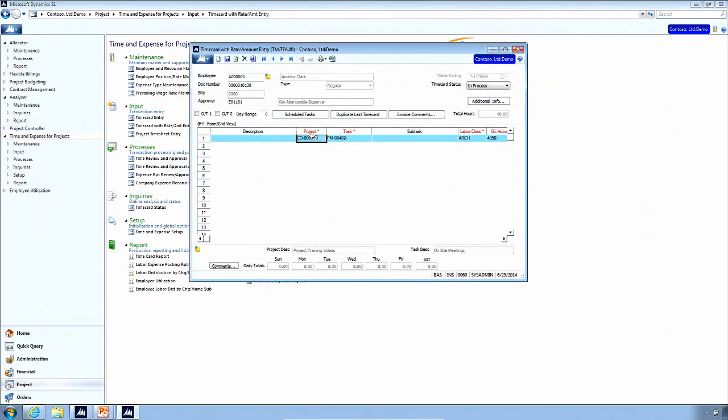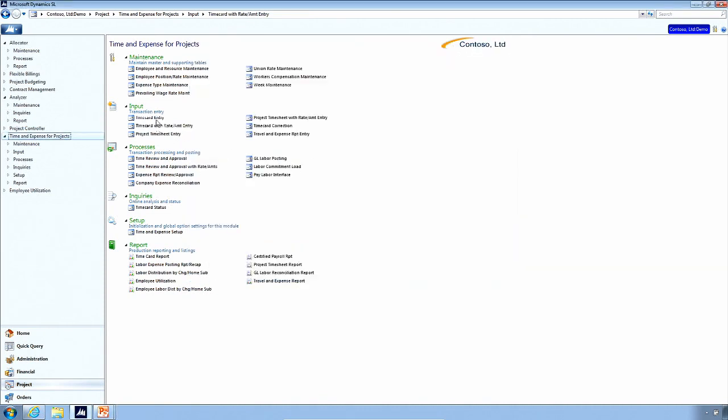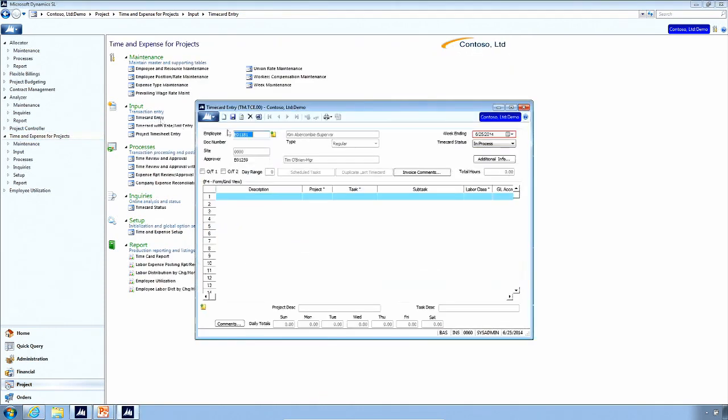And the time card, if I go to the very end, we'll see that the extended amount is $800. And so it's taking the rate of $20 an hour times the 40 units, and it's creating an extended amount of $800. Now I have the same time card that I can see